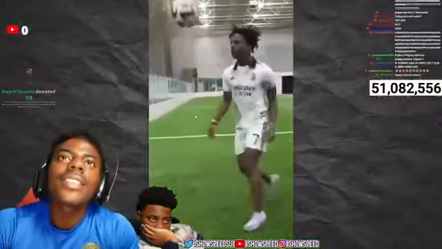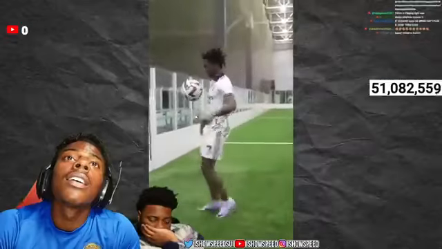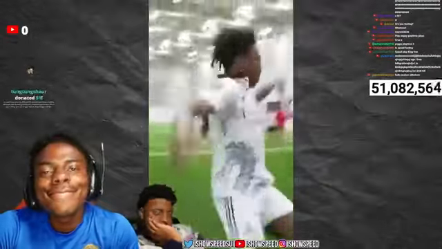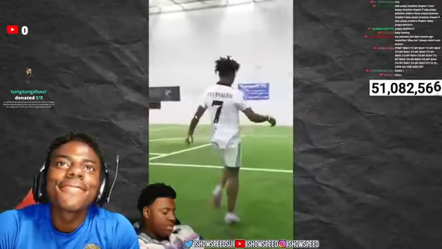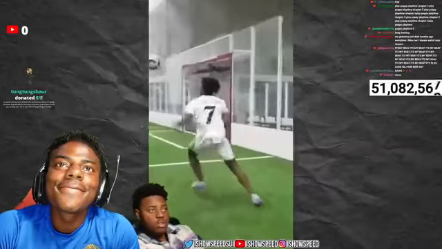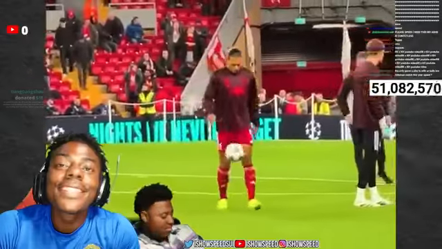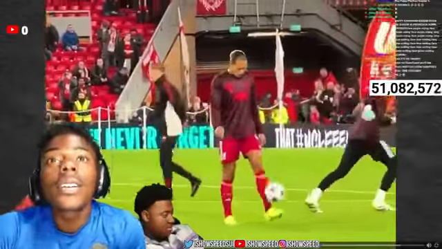When IShowSpeed was juggling, he has to be tense and he has to be ready because he doesn't know where that touch is going to go. It could go high, it could go low, it could go to the left, it could go to the right. So he's tensed up because he has to prepare to jump in any direction and react to the touch. When a pro is trapping the ball or juggling, he knows most of the time where that ball